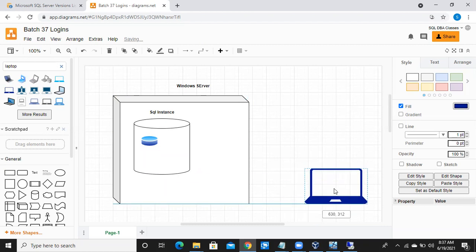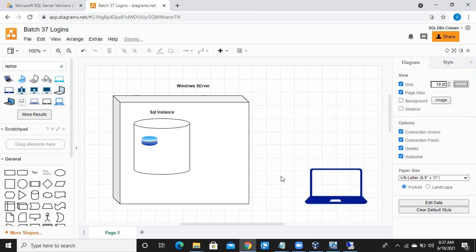If you remember, earlier we discussed work from home, VPN and all, to explain what is VPN and how people will connect while doing work from home. We have explained this concept in class 12, so in the last class, if you see class 12 on YouTube, there you can see how to connect to the server remotely, in case you are doing work from home, what is VPN, and how to connect to the VPN. Just go through it.